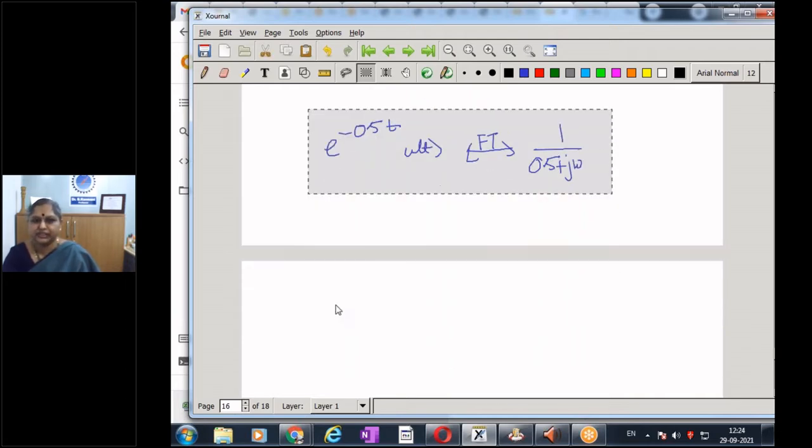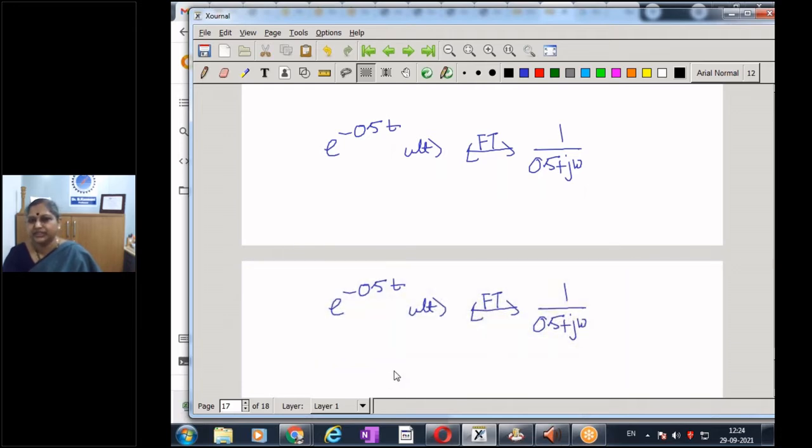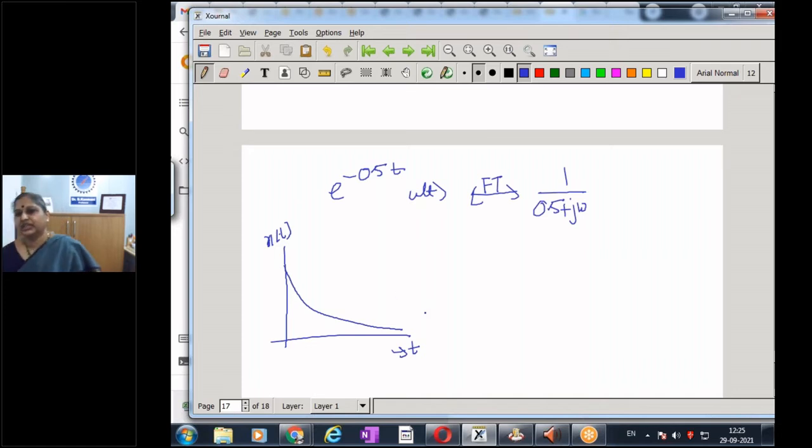Can I plot it as a single curve, or do I need two curves? I need two curves. In this case, how is my result? My result is complex, and hence if I try to plot the signal, this is what I have, t e power minus at ut. This is my plot in time domain x of t, and then if I try to plot my frequency response, how will I get it?